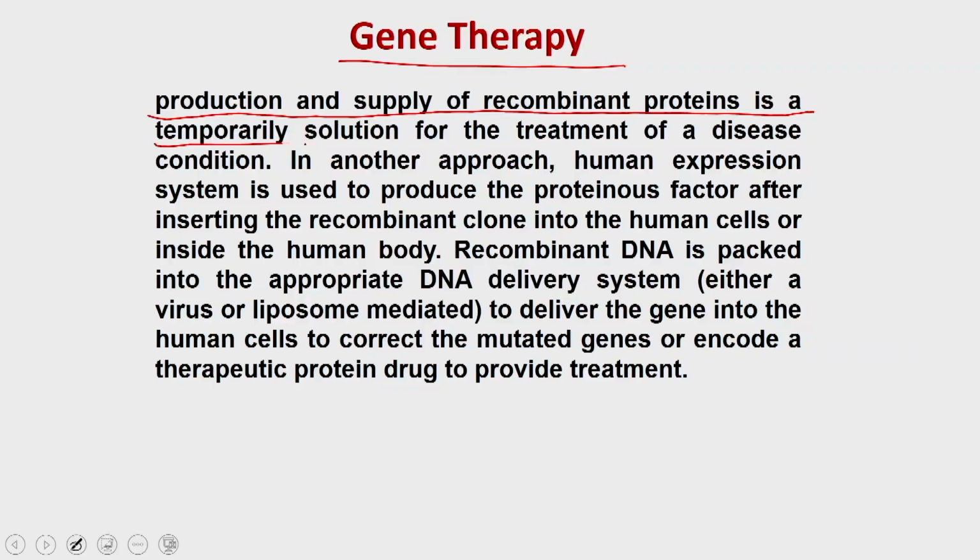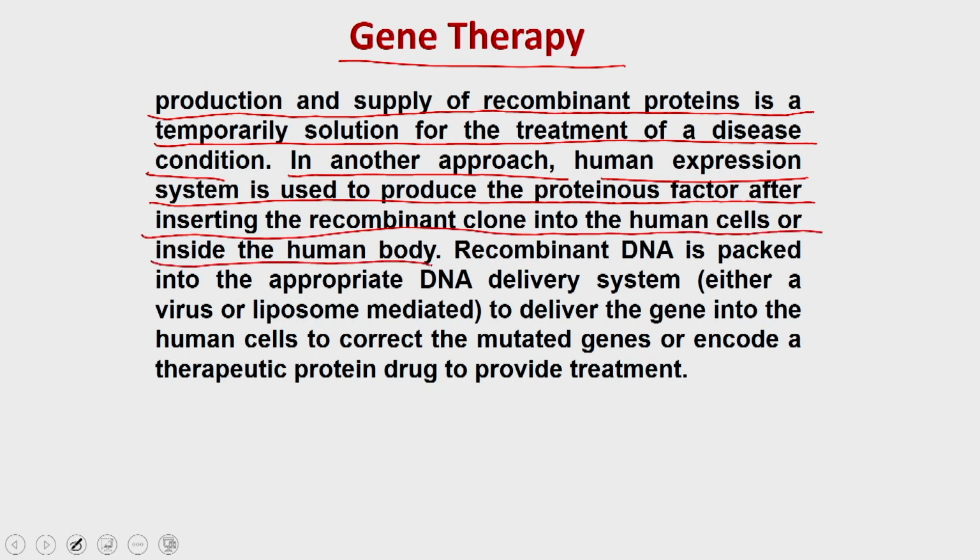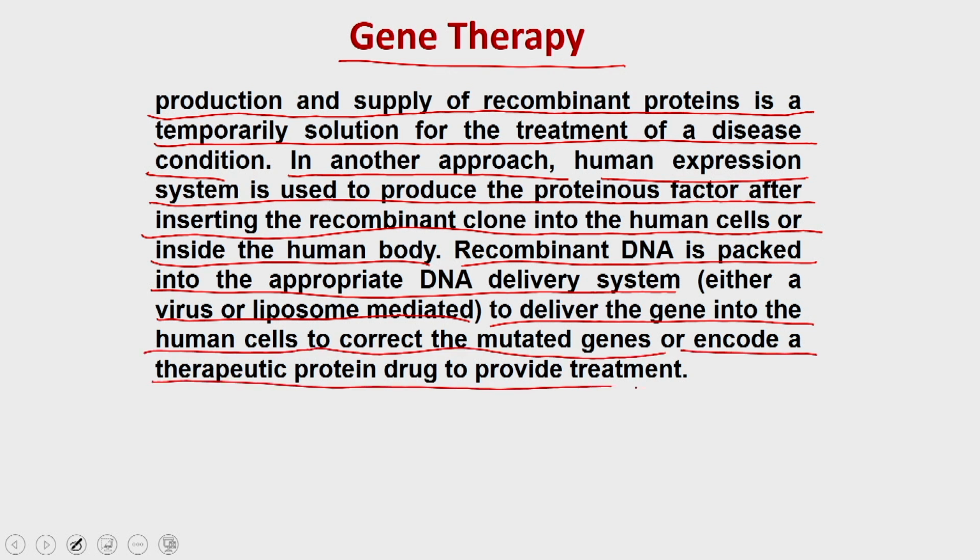So, these solutions are temporary for the treatment of disease conditions. An alternative is that the human expression system can be used to produce the proteinaceous factor after inserting the recombinant clone into the human cells or inside the human body. Recombinant DNA is packed into the appropriate DNA delivery system, either a virus or a liposome-mediated system, to deliver the gene into the human cell to correct the mutated gene or encode a therapeutic protein drug to provide the